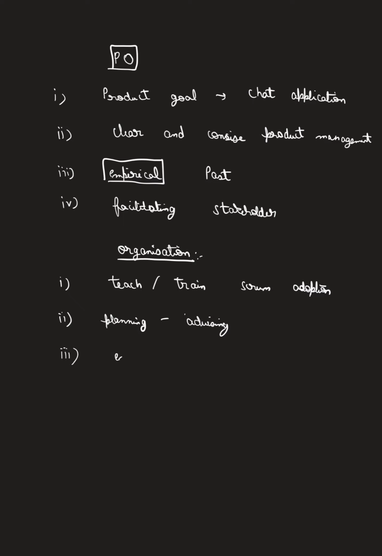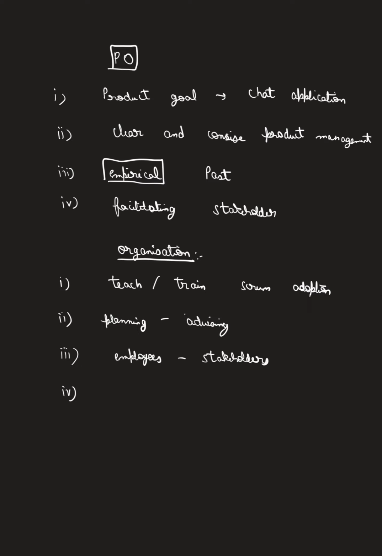There could be a situation where your employees might be saying that Scrum is useless. Why take 2 weeks? Why take 3 weeks? Why take 1 month? Why is sprint 1 month? Why is daily Scrum 15 minutes? Okay. So your Scrum Master helps your organization in understanding that this is an empirical approach and it will help in giving good results.